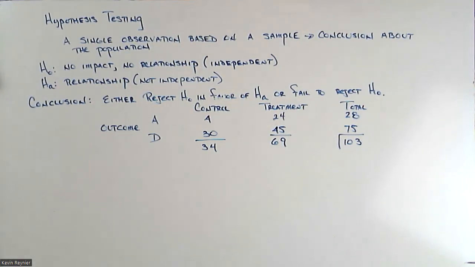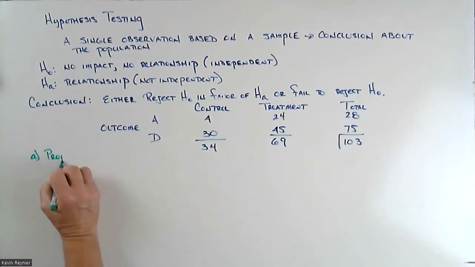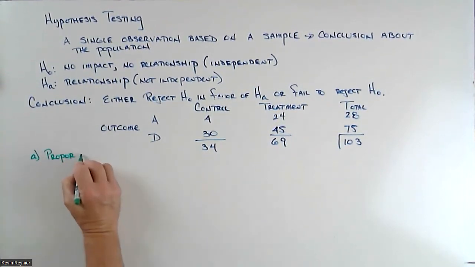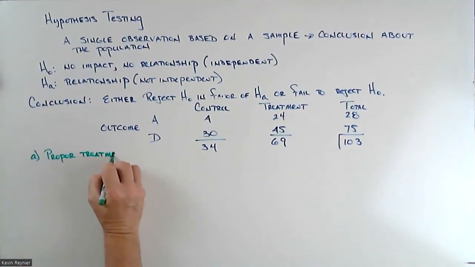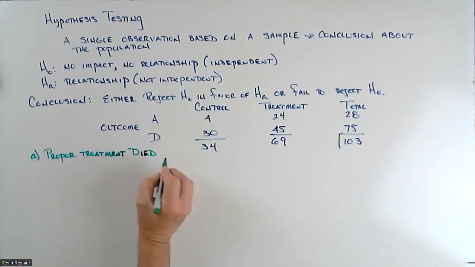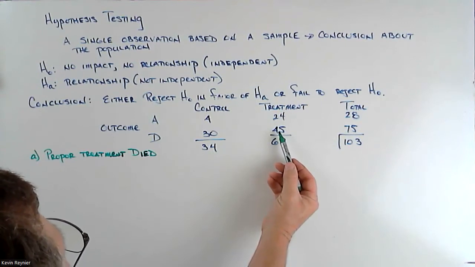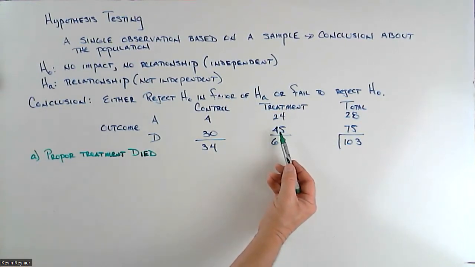So part A says proportion treatment died. That's what they asked us about. So the proportion in the treatment group that died was 45,